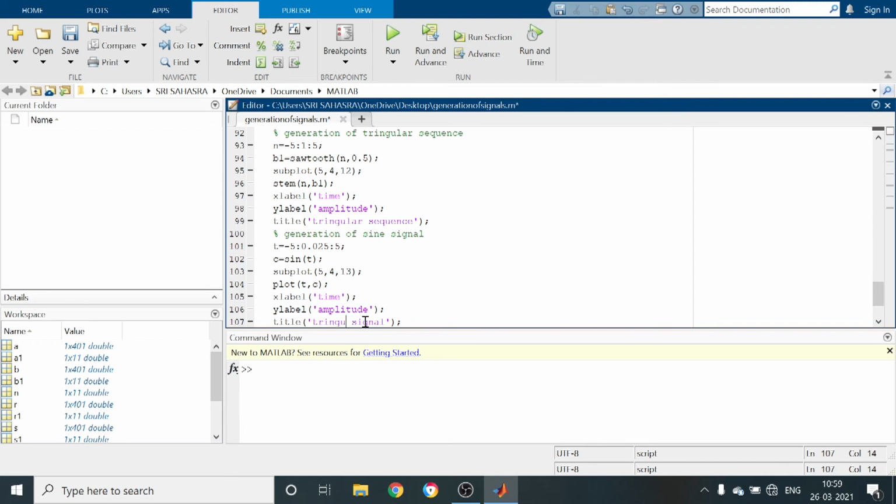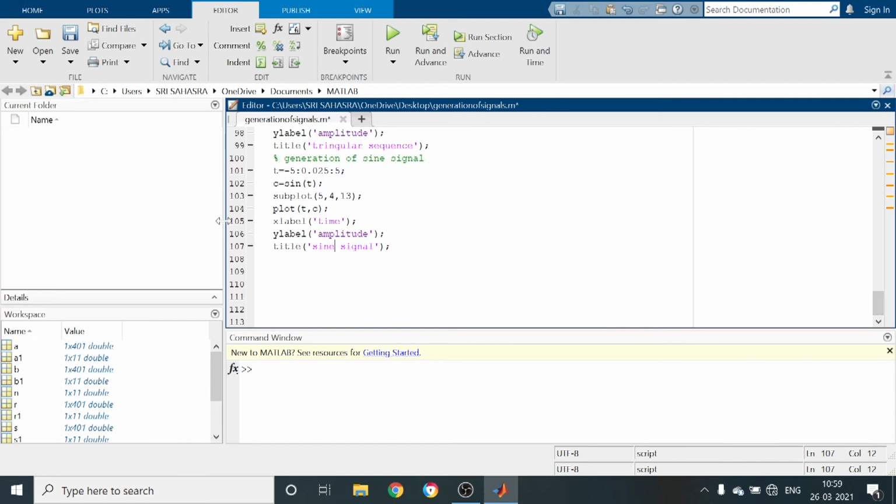Here we have to write sine signal. Again save it and run the program. At the 13th position in the figure window, we are going to get the sine signal which ranges from -5 to 5 as time limits and -1 to 1 as amplitude limits.